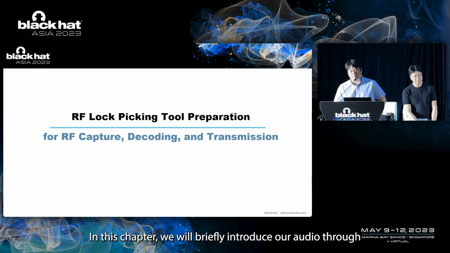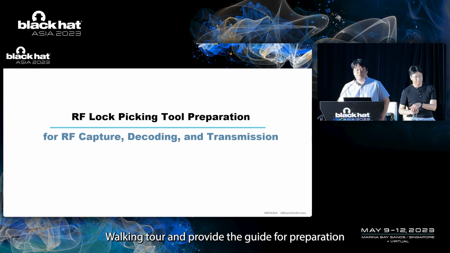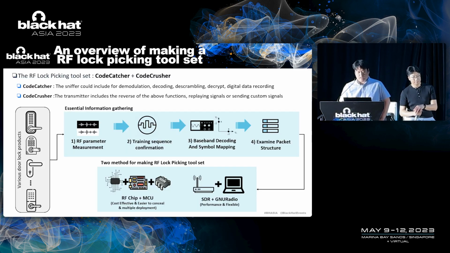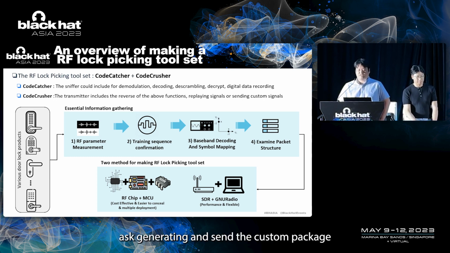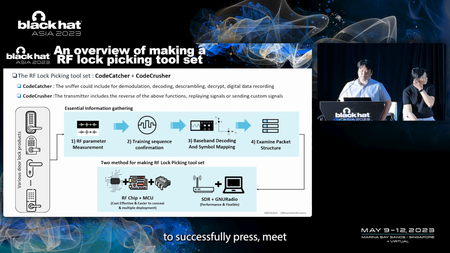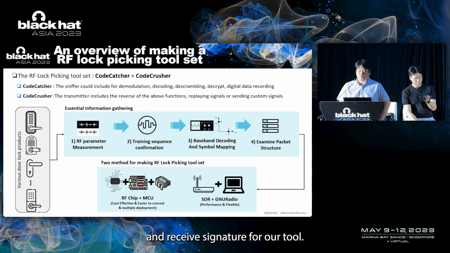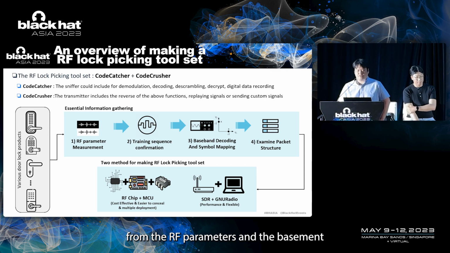In this chapter, we will briefly introduce our RF lock-picking tool and provide a guide for its preparation. The tool we are developing is aimed at capturing and decoding doorlock signals as well as generating and sending custom packets. To successfully transmit and receive signals for our tool, it is crucial to gather information from the RF parameters and the baseband. We'll explore the doorlocks in the RF domain and show how easily a tool can be created to